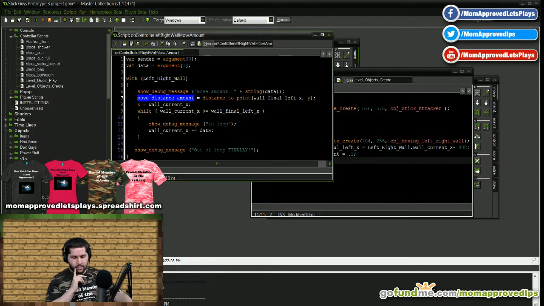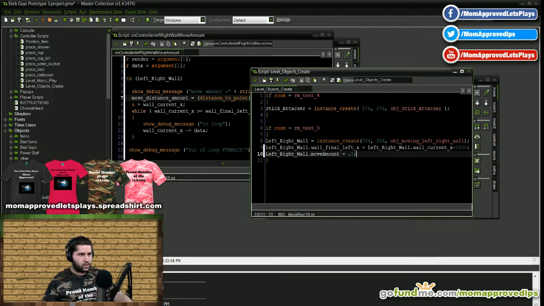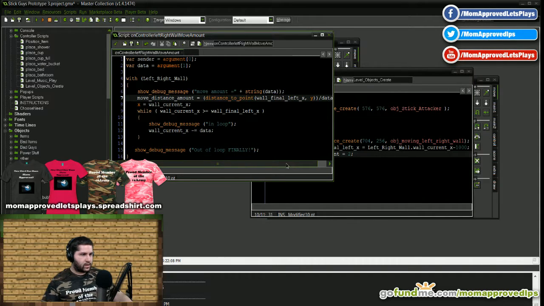I have to basically, it's going to be this whole thing, and we're going to divide it by whatever the data is, which is move amount. So we'll make that 2. And now when it does this,